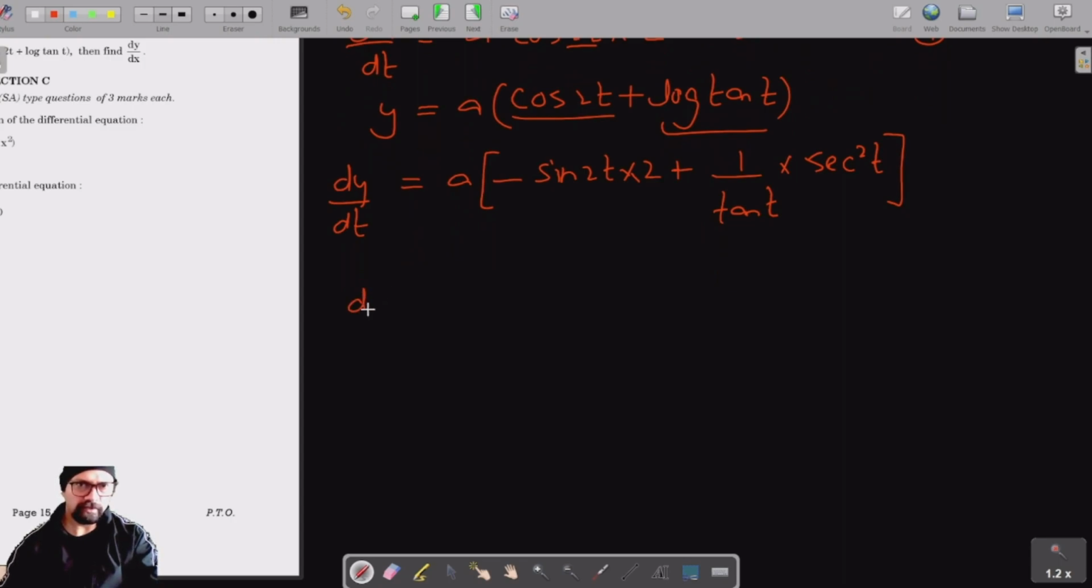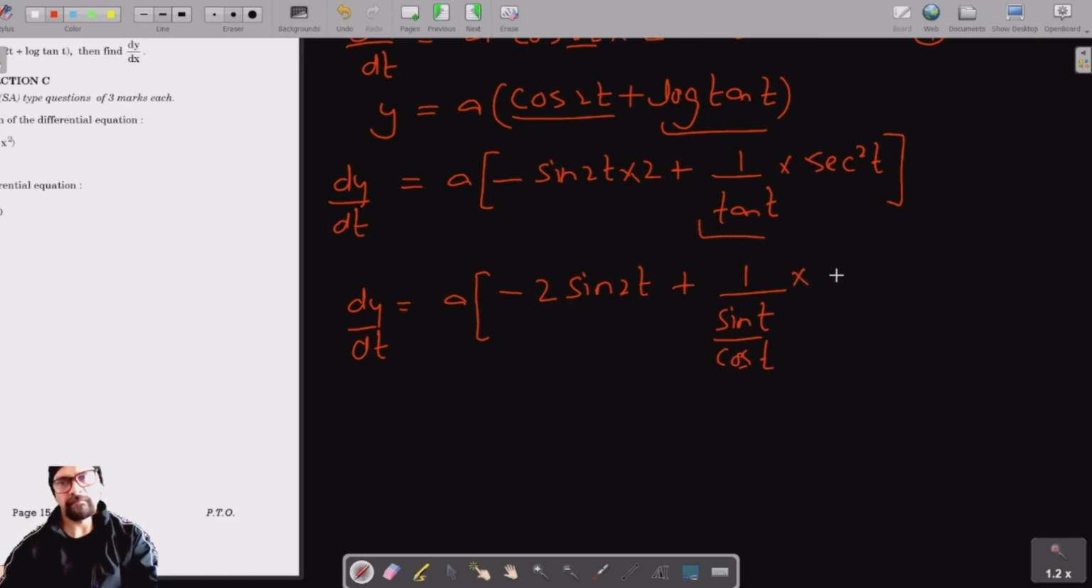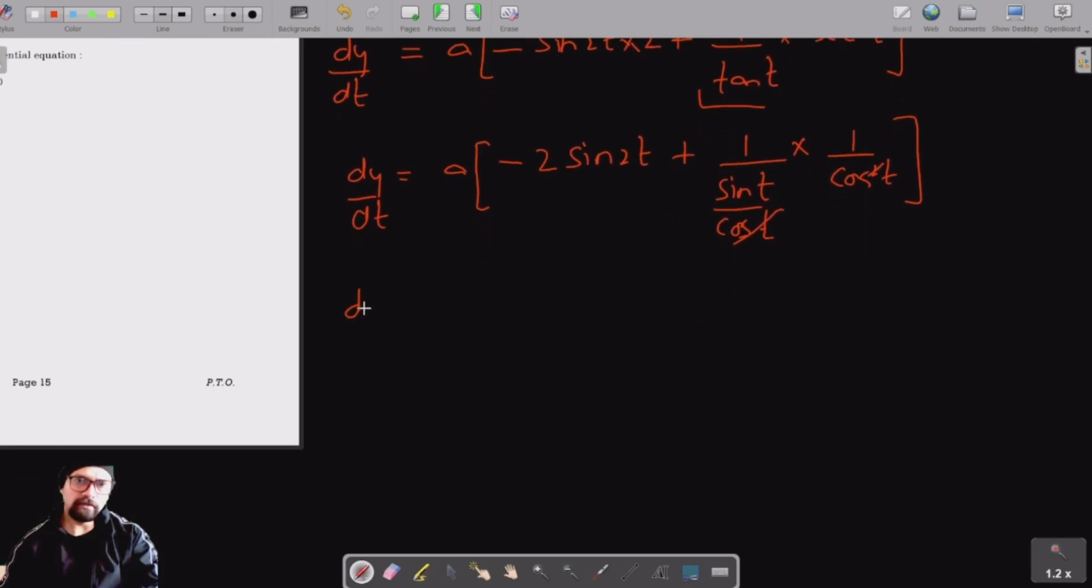This has to be simplified, so dy by dt is equal to a. Now this can be written as minus 2 sine 2t, and tan t is sine t upon cos t. Secant square is 1 by cos square t, so this gets cancelled. And we have dy by dt is equal to a into minus sine 2t plus 1